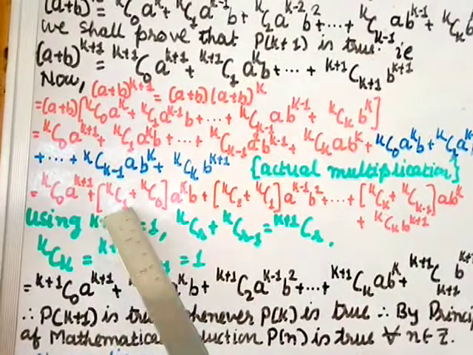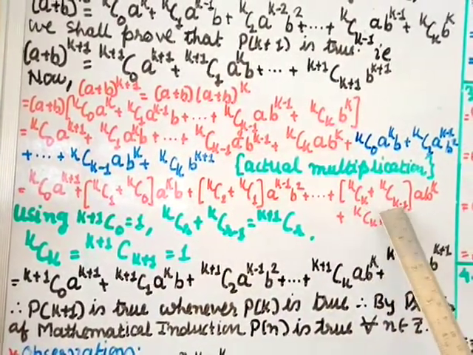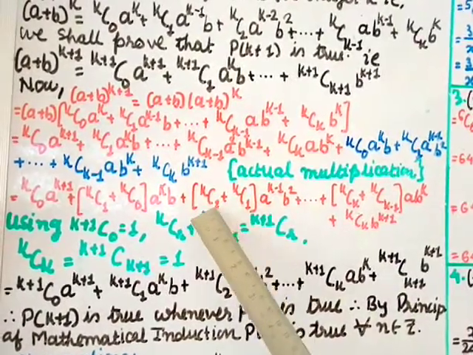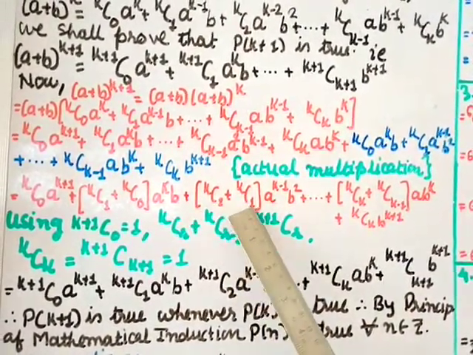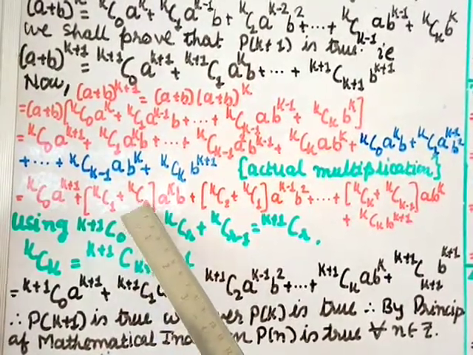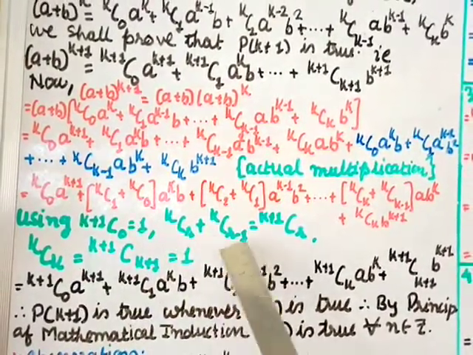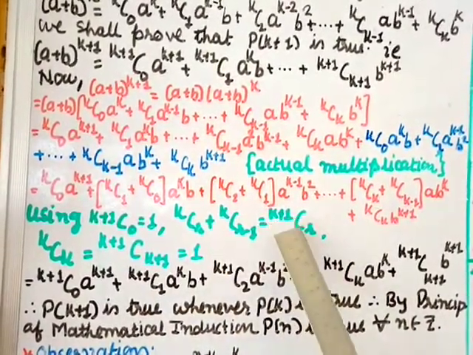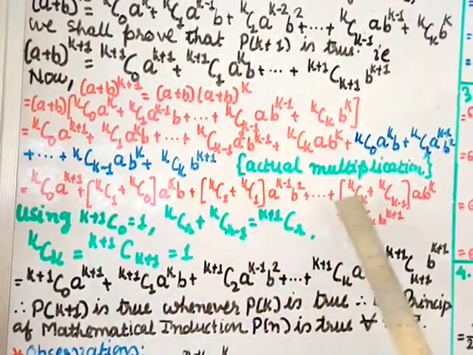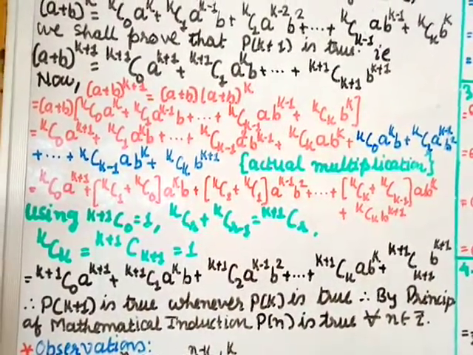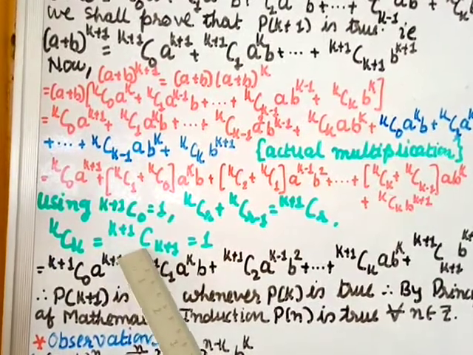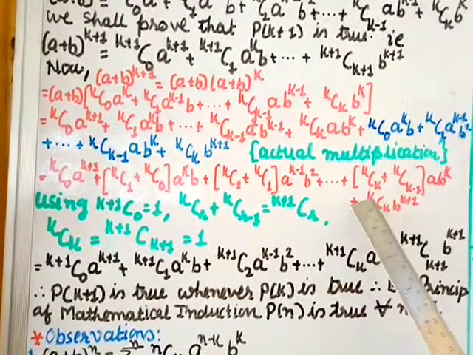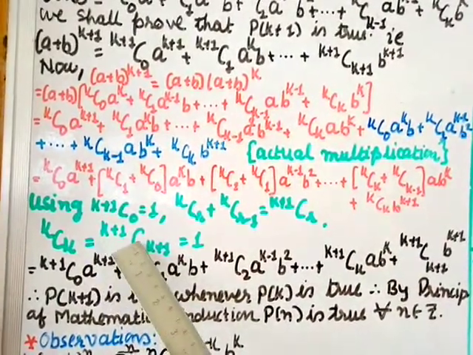So here you see, here 1 0, here 2 1, here k minus 1. So here this is more than 1. Comparatively, this is 2, then 1, so this is smaller than here by 1. This is 1 and 0, so this 0 is smaller than this by 1, right? So that is what here, r minus 1. So for all these bracket terms I am going to use this value k plus 1 cr. R will be the higher value among these two. And the last one, kck equal to k plus 1 c k plus 1 equal to 1. If these two are the same, that means the answer is 1. So here kck I'll replace by k plus 1 c k plus 1.